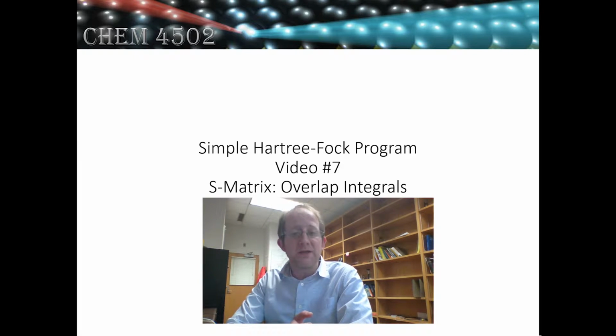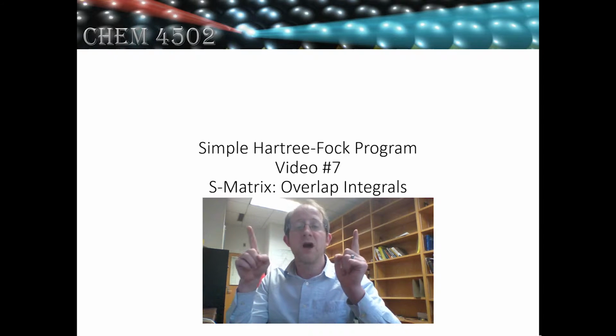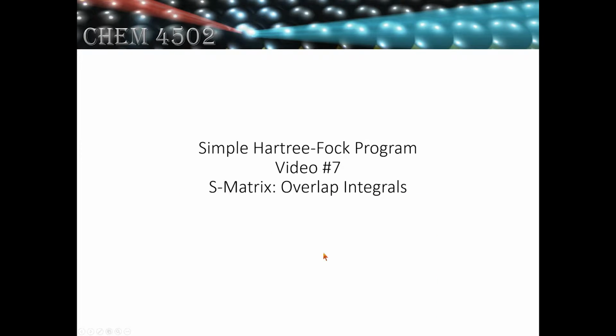In an ideal basis set, each basis function would be orthonormal to every other basis function in our set. However, for mathematical expediency, we've chosen to use Cartesian Gaussian functions as our basis set. And a Cartesian Gaussian basis function on one atom does not need to be orthogonal to a Cartesian Gaussian basis function on another atom. In fact, even on the same atom, they don't need to be orthogonal, unlike, say, atomic orbitals, which are naturally